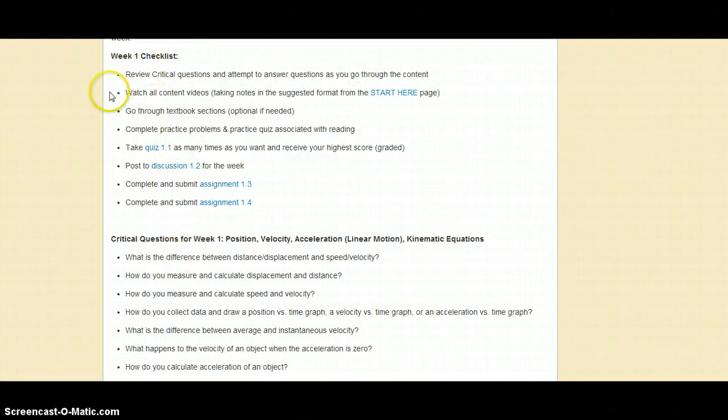If you look at the checklist here, it gives you a brief overview of everything you're going to do. And this is the same for every week. So very first off, you're going to review the critical questions. The second thing you're going to do is begin the content by watching the lectures that are on the content page. Then you will go through the textbook sections and do some practice problems at that point,